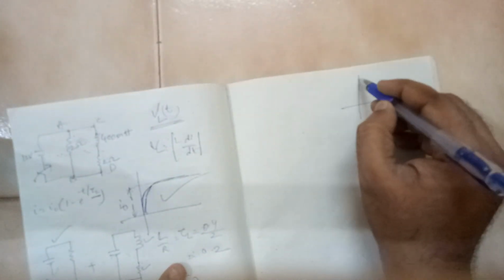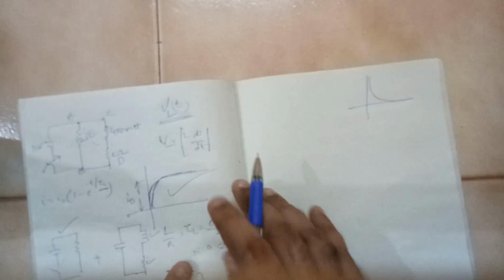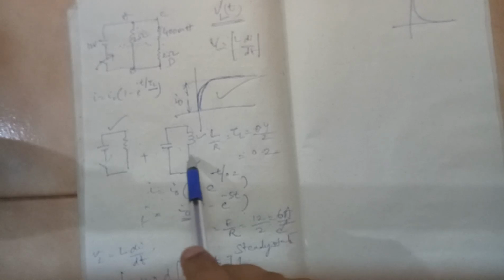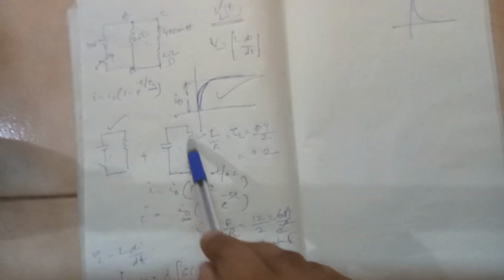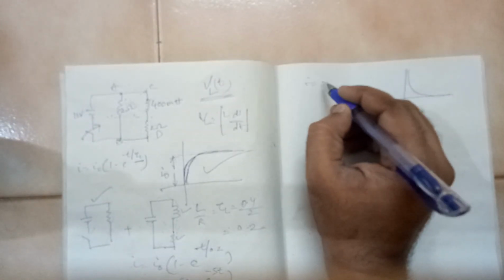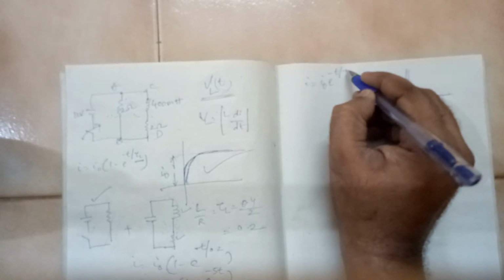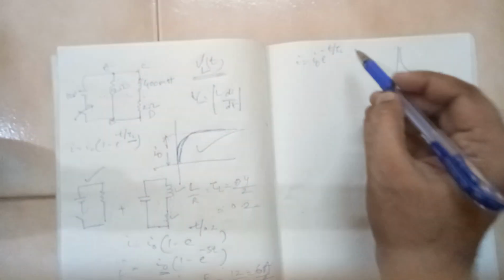Okay, for some time there will be some passage of current in the circuit, and that decay will be in this form. This is what we have studied earlier. So the steady state current was 6 amps. Now this 6 amps current will exponentially decay in this circuit. Even though you have opened the key, this part carries no current, but the same is not true for the second part. In the second part you will see a gradual decay of the current. That decay we have derived, it will be I is equal to I0 into e power minus t by TL. Now will this time constant be the same as the previous one?